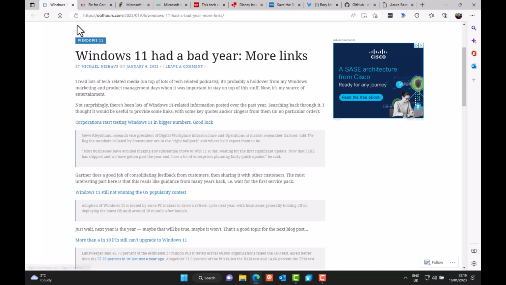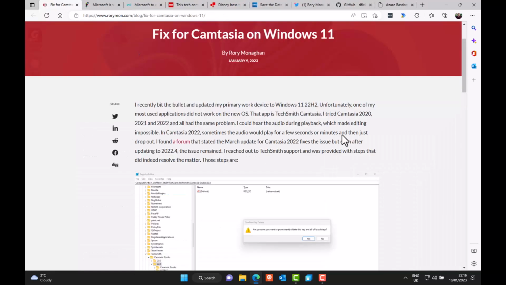But I did talk a little bit about my own experience and an application compatibility issue that I ran into, particularly with Camtasia, versions 2020, 2021, and 2022, and how I addressed that on my Windows 11 22H2. So if you're interested in that, if you're having problems with Camtasia on Windows 11, check that out,